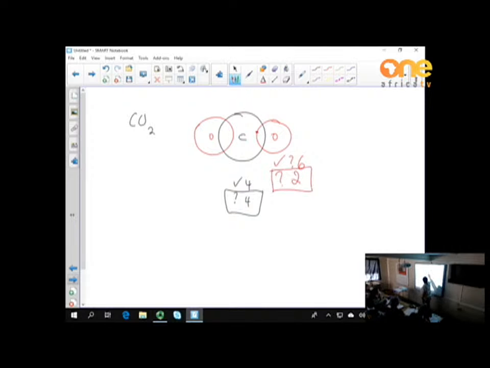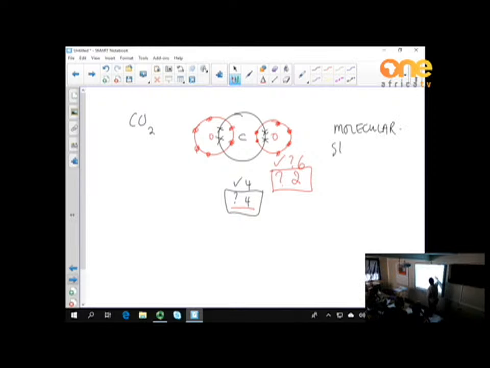So 1, 2, but it's got how many electrons? 6 altogether. So 1, 2, 3, 4, 5, 6. That oxygen does the same. All right. What does the carbon do? Well, it must share 4, and it's going to share them equally. So carbon is going to go 1, 2, 3, 4. And there we have carbon dioxide, which is molecular,